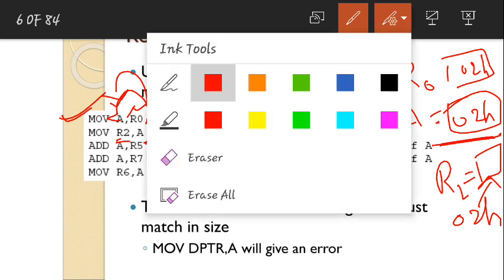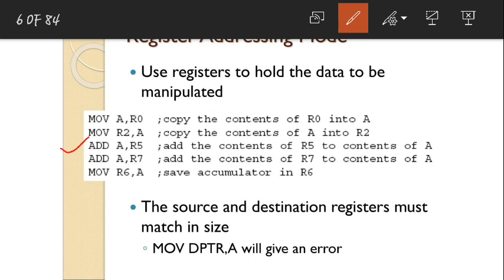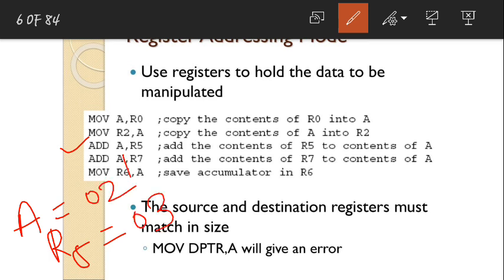Now the third instruction we will see. Third instruction is ADD. The operation is changing. Before we saw move operations, we were trying to move. Now I am trying to add A, R5. So see, R5 is at source and A is at destination, that you remember. First of all, the operation here is addition. To add these operands, we have A and R5. So whatever is present inside A and whatever is present in R5, if A has 2 and R5 has 3, in hexa, it will add both.